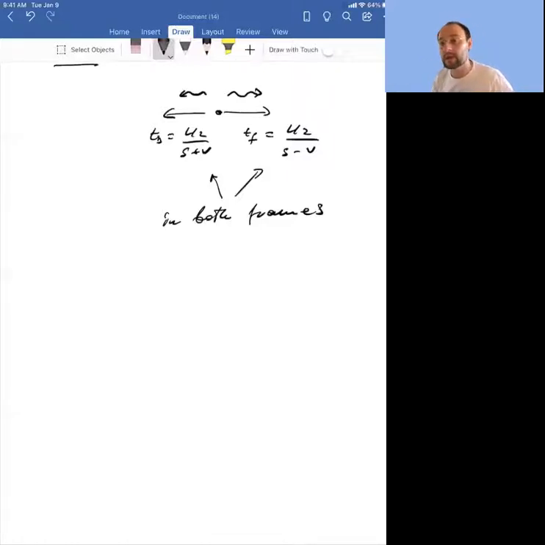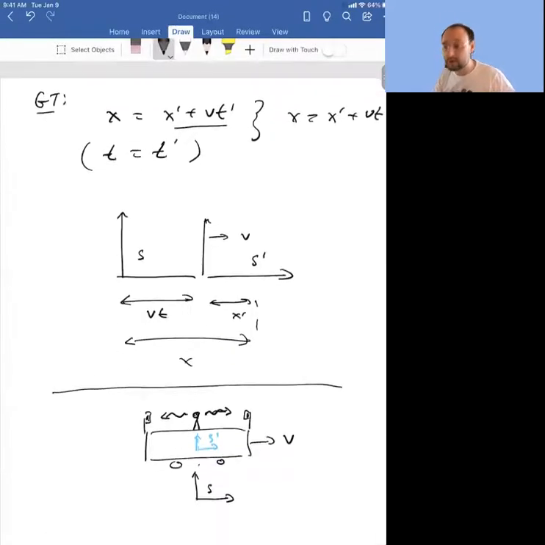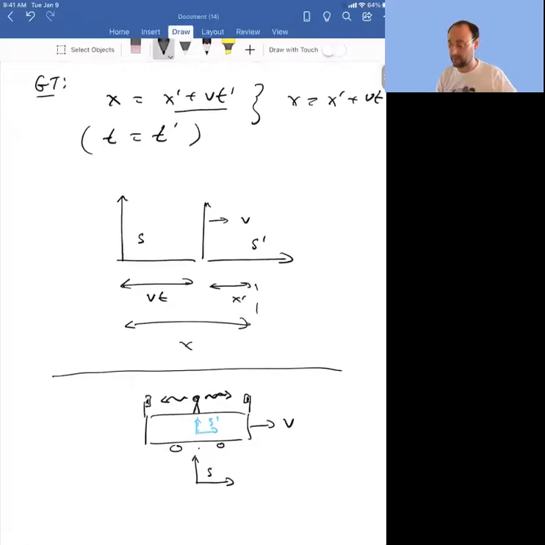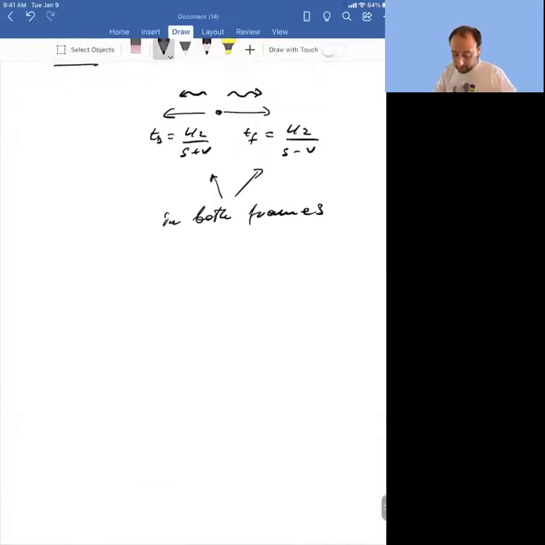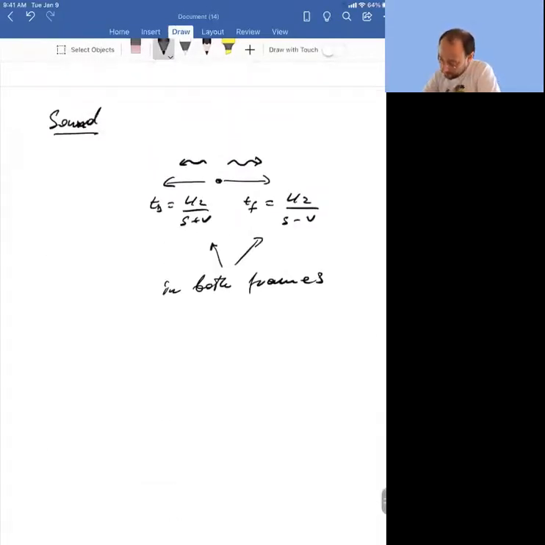We never even question that, because we assume that time flows at different rates in different frames. But with light, when we went to light, we saw that there isn't an agreement about T front and T back. With light, we saw that